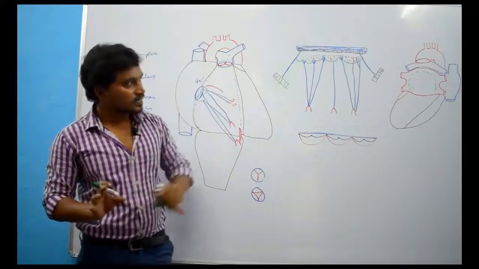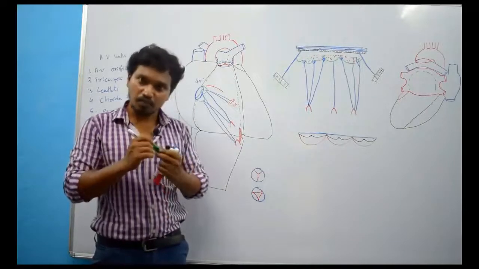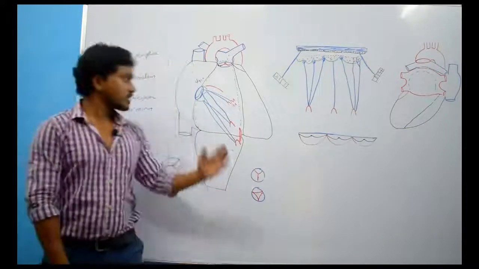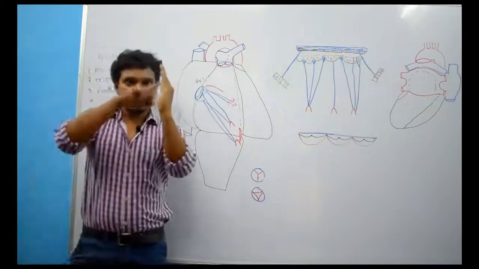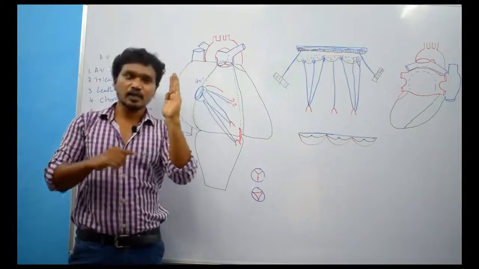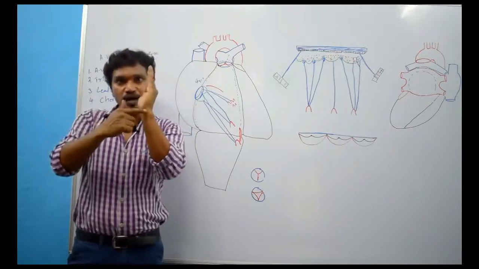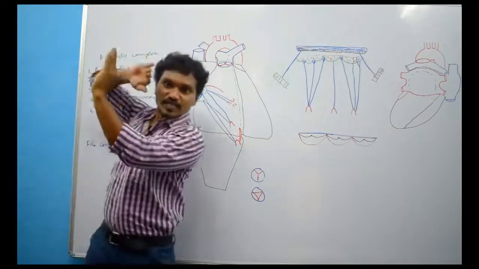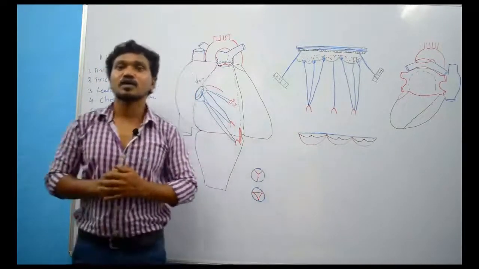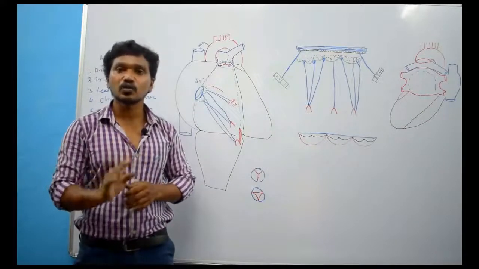Clear? Then in this left atrium, a worth mentioning point is one structure that we call fossa lunata. In the case of the right side we have seen one fossa. What is that fossa? Fossa ovalis. This fossa ovalis is projected towards the right side and it is margined by the limbus fossa ovalis, and if you see the left side we can observe a half moon shaped depression. That half moon shaped depression we call fossa lunata. That's it.